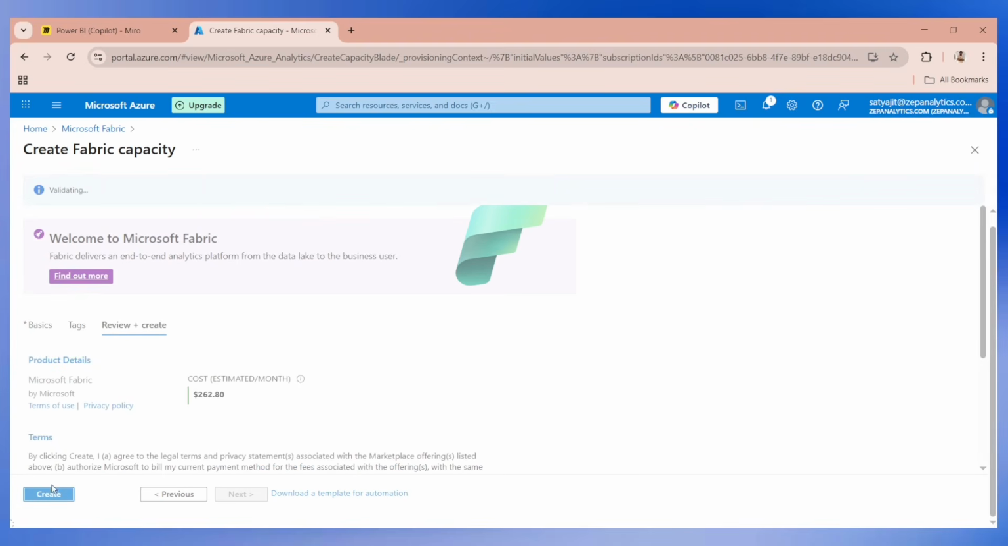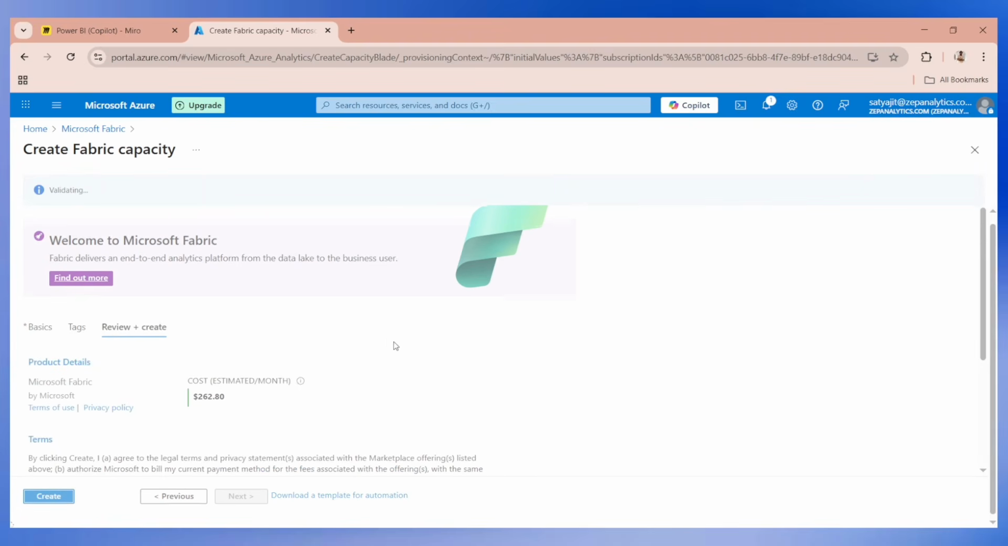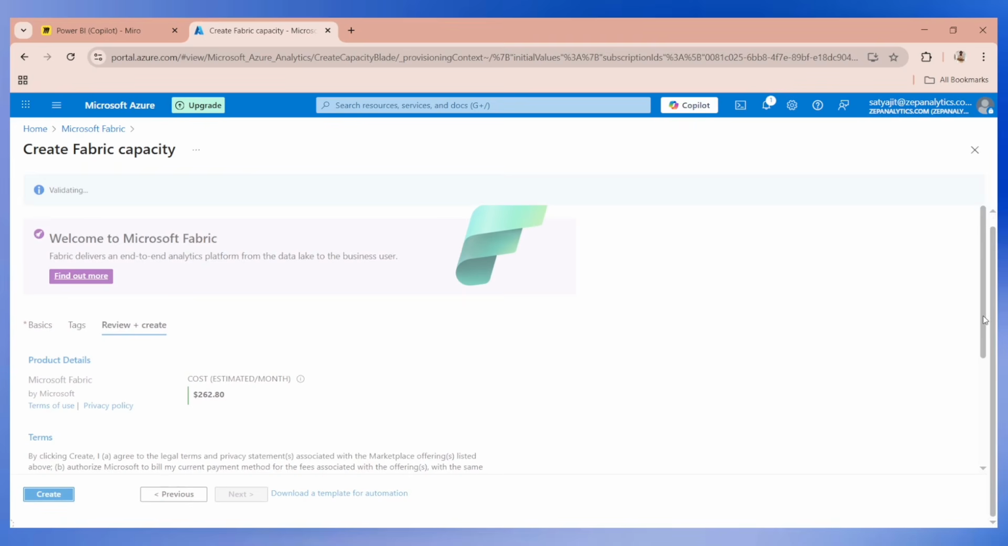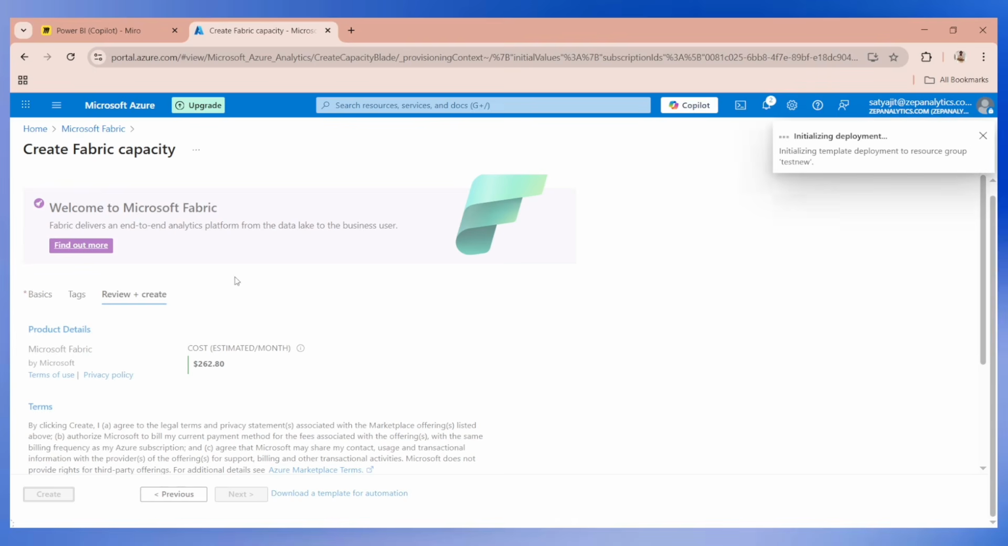Now everything is good for me. Why is it not able to? Yeah. And then create. So once your Fabric capacity is created, then you can go ahead to